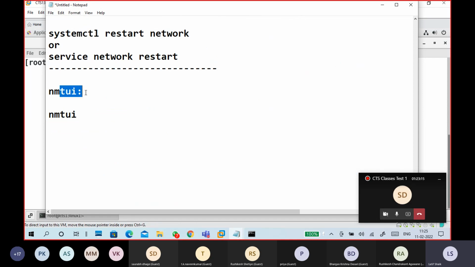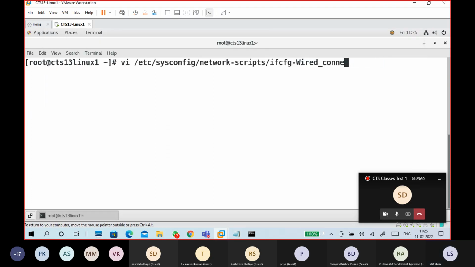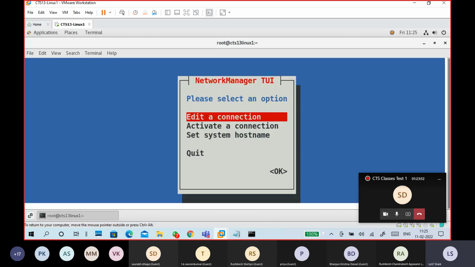Use a TUI interface. Using a TUI interface, how to do it? The command is nmtui. nm means network manager, TUI. How to manage with nmtui? So we tried with the GUI mode, and also we tried with the CLI with the editing of a configuration file, right? Next one is TUI. This is very simple, guys. This is the last one in network management, TUI.